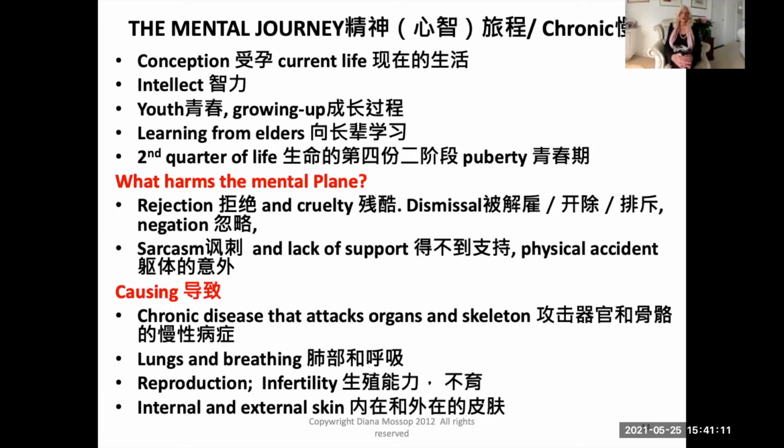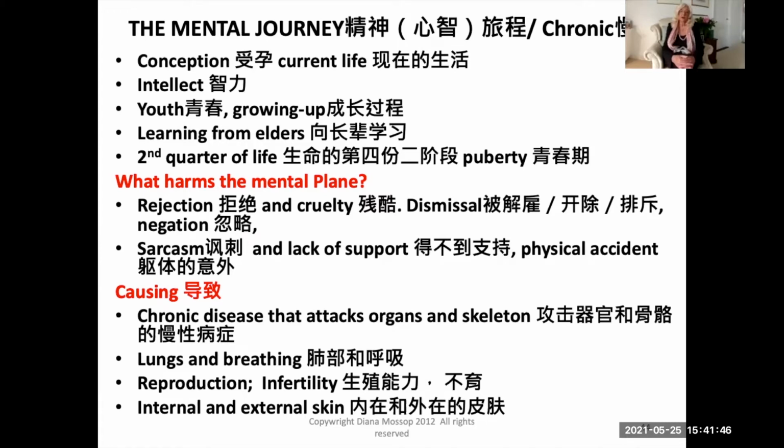The mental journey is really fascinating because when we look at damage on the mental journey, we relate it to something very aggressive, chronic and inflammatory, right-sided. The concept of the mental journey is very, very interesting because it starts at conception, but it really is linked with that first breath of life. When we talk about conception, that's our first breath of spiritual life. But when we are born, that is our first breath of independent life.